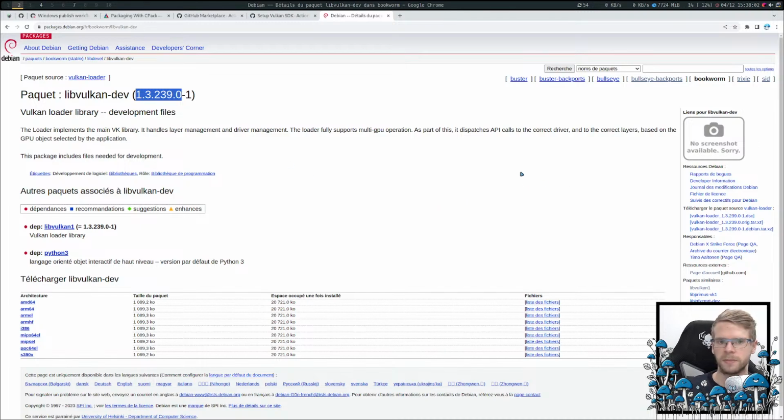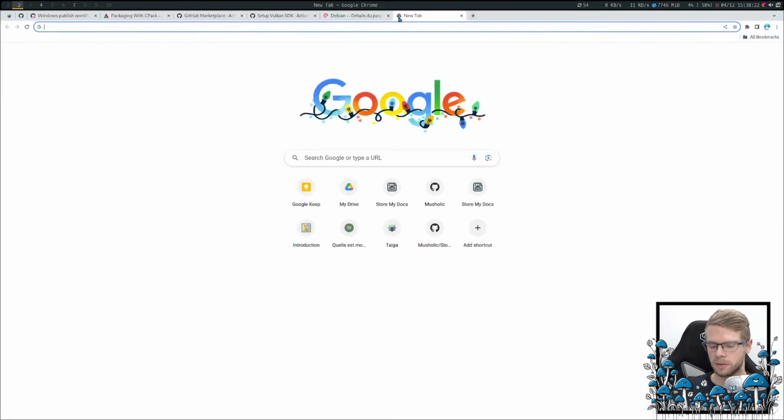So I cannot do this. So I guess I really have to make use of my Docker file. If I want to do this, I need to use